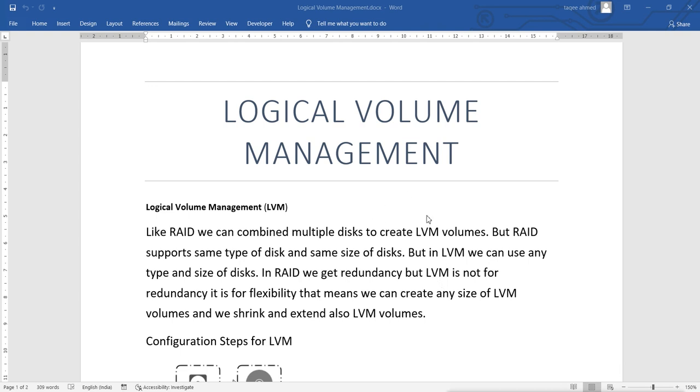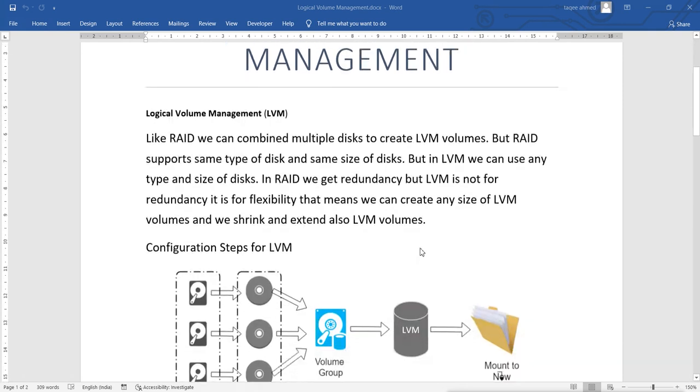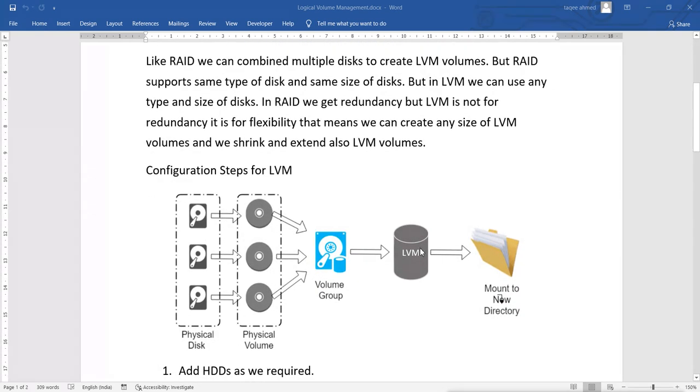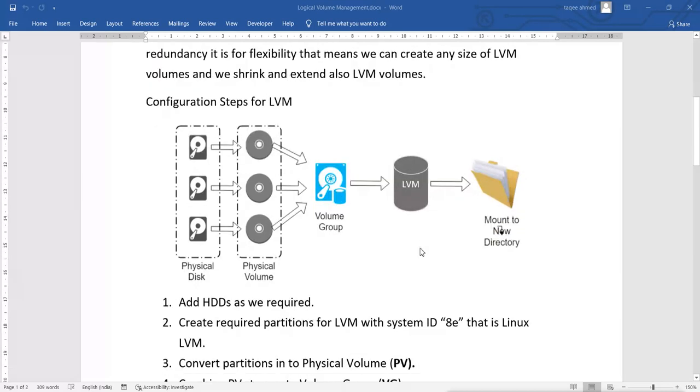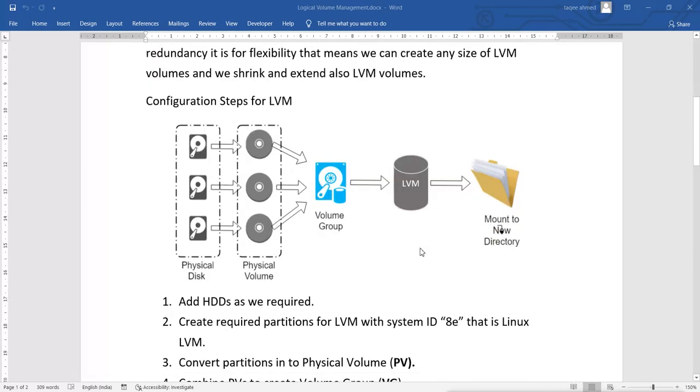We created the LVM partition. This is logical volume management, and it is for flexibility. We use it not for redundancy. What we did for creating these LVM partitions is we use physical disks,